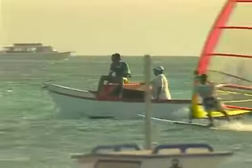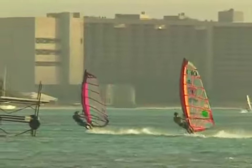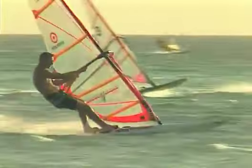Okay, Burt, here we are on the western part of the island. Beside the high-rise hotel area, we have here also the place where they do windsurfing. Every year we have here the big competition that's going on, which is called the High Wind Races of Aruba, where people from all around